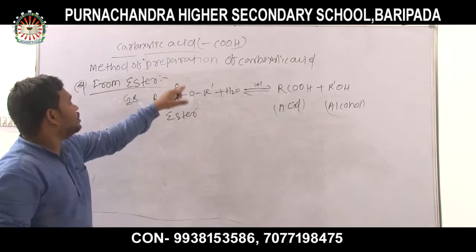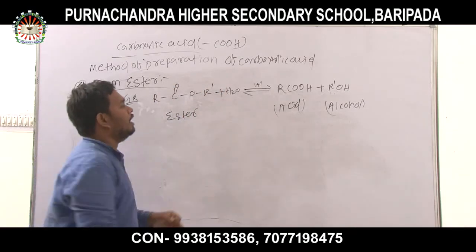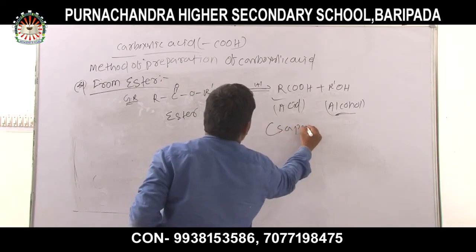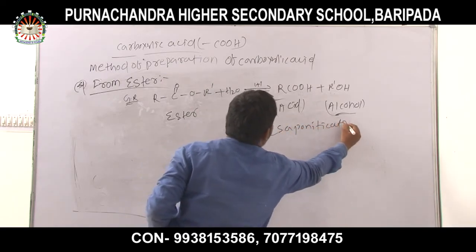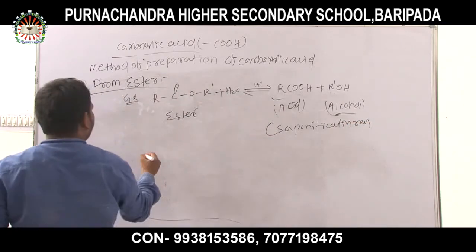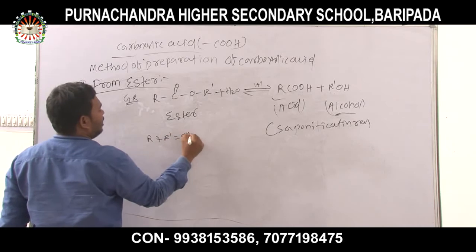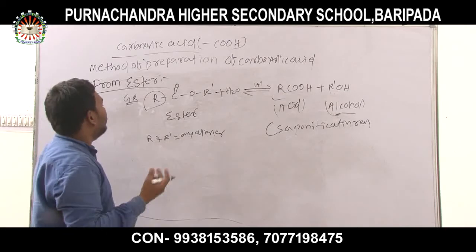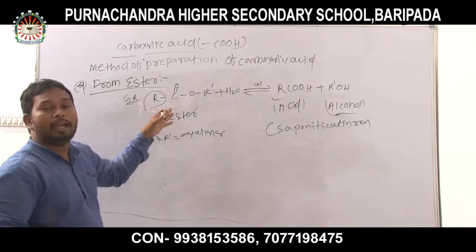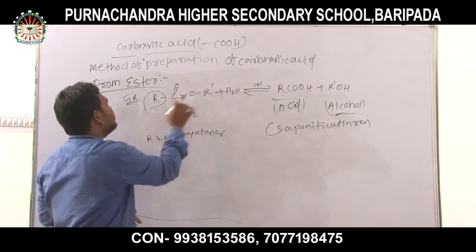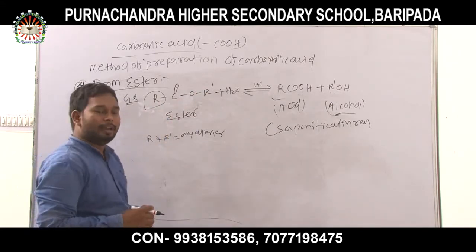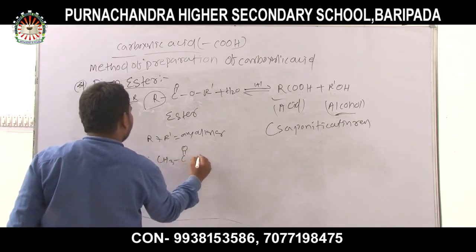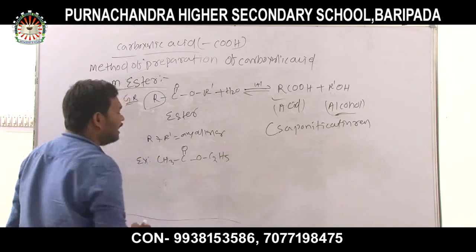When an ester undergoes hydrolysis, then an acid is formed along with alcohol. This is called a saponification reaction. R and R dash are any alkyl groups. Instead of R or R dash, you can use any alkyl group. R and R dash denote two different types of alkyl groups that can be taken. For example, ethyl acetate